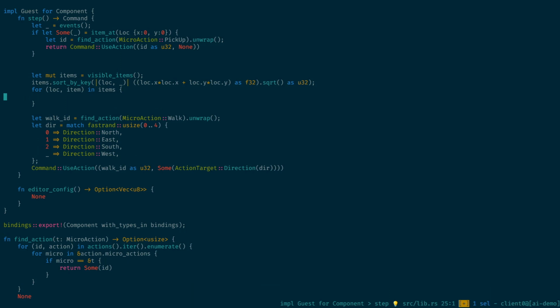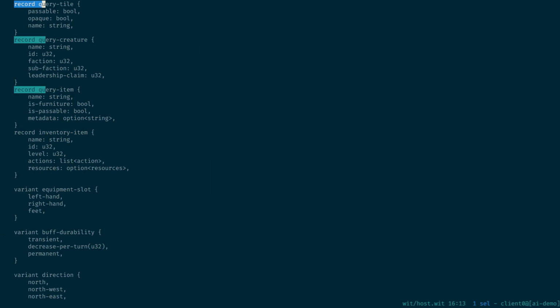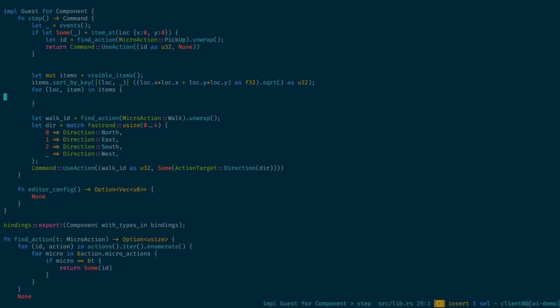And we now want to see if this is the kind of thing we want to pick up. So if we go back to our definitions, we can look at the query item, and we know what the name of the item is. We also know if it's what's called furniture. And so in the game, items are separated into furniture and non-furniture. Furniture is things like a tree. That's an item, but you can't pick it up. You can't even walk through it, so it's furniture. Whereas the apples, like what we're interested in, are not furniture. They're things you can pick up. So we're going to check that. So if the item is not furniture,